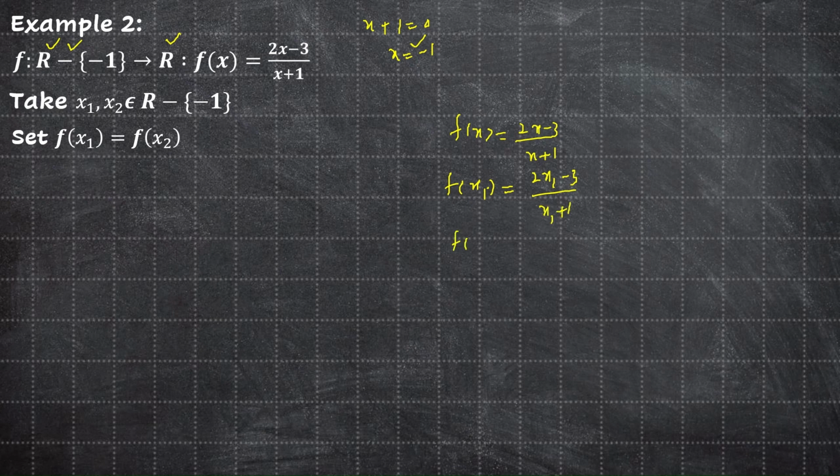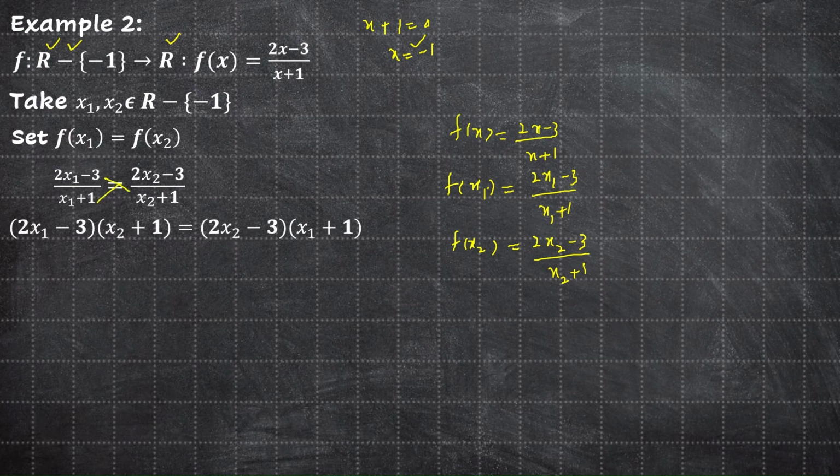F of x2 will be equal to 2x2 minus 3 over x2 plus 1. So after replacing these values, we get 2x1 minus 3 over x1 plus 1 is equal to 2x2 minus 3 over x2 plus 1. Multiplying we get, and after simplifying we get